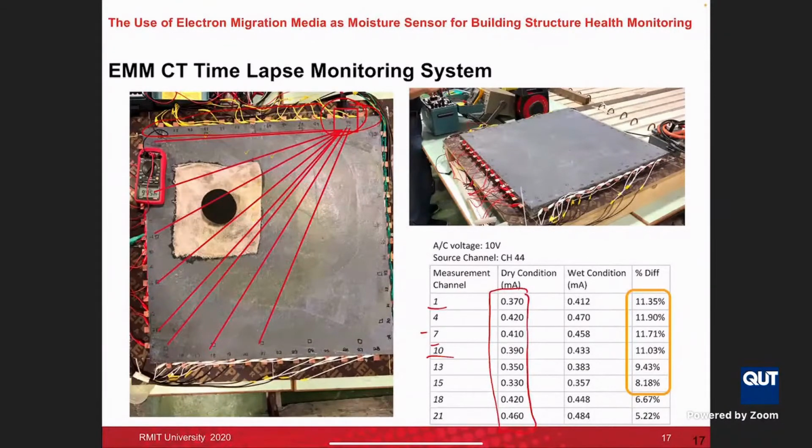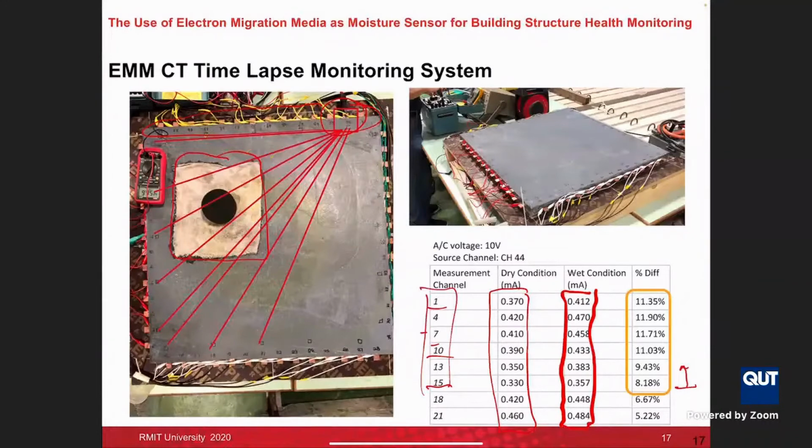Once we add moisture on the surface of the EMM, just like here, we found that there is a change in the voltage. You can see here, we compare the differences. Obviously the voltage between channel 44 and channels 1 to 15 shows a significant increment, about 10%. So the EMM can tell you there's moisture,